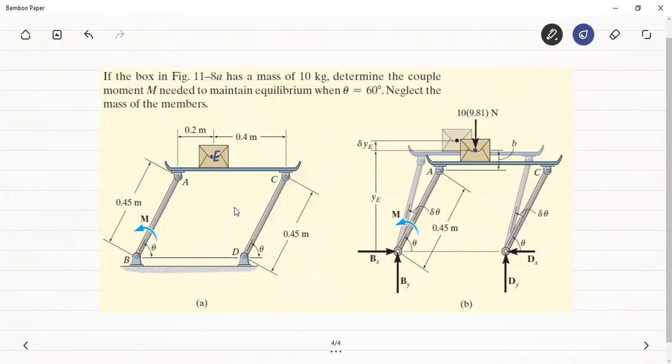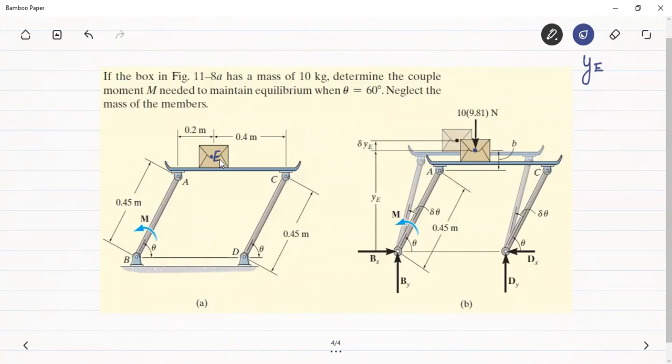So this weight will be responsible for the virtual work, and this virtual work should be positive or negative? It will be negative because load is downwards and the displacement is upwards. By how much amount there is the differential displacement, that is delta YE. Therefore, we are interested in finding the Y coordinate of the point E to calculate this differential displacement. What other force or couple will be responsible for the virtual work? These masses are to be neglected because it's mentioned in the question, neglect the mass of the members. Therefore, only thing that will be responsible for the virtual work apart from this center of gravity will be this